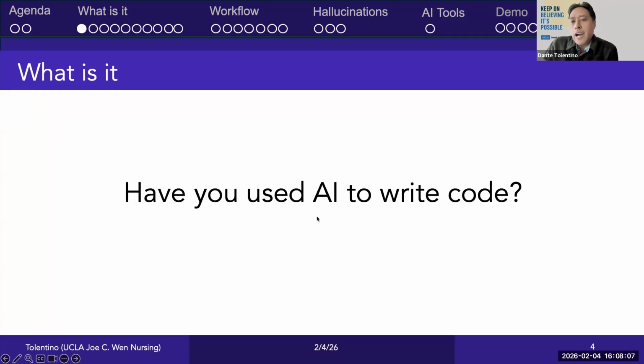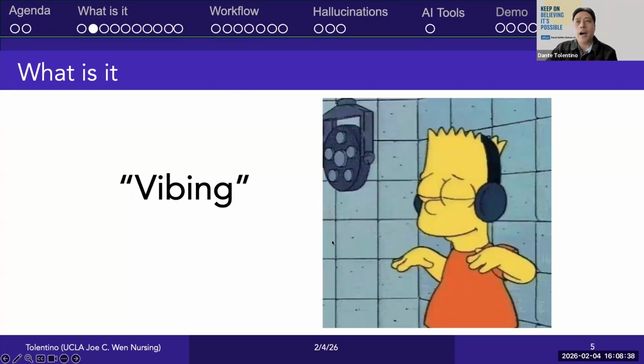All right, so I guess just a show of hands, has anyone used Gen AI or generative AI, right? So that could be ChatGPT, Gemini, Claude, or whatever you're using to write some of your codes when you're conducting your data analysis. All right, so I'm seeing Jesse, Emily, Prashit. So good. I mean, in essence, that's really what vibe coding is, right? When you're using a lot of these Gen AI to generate your codes.